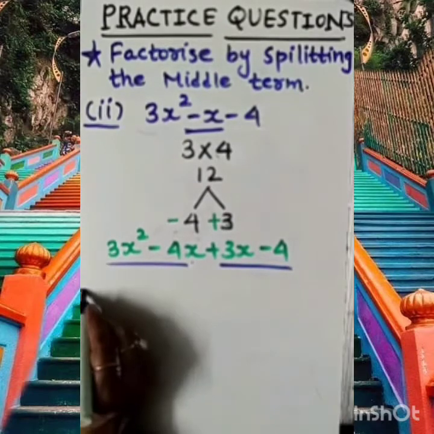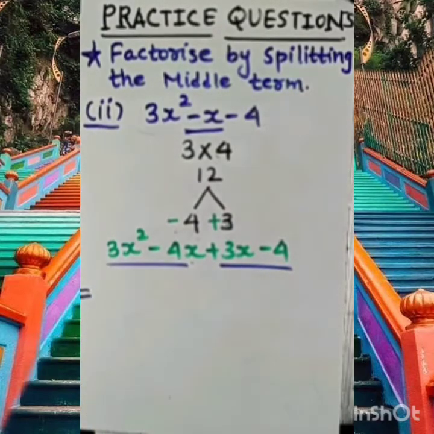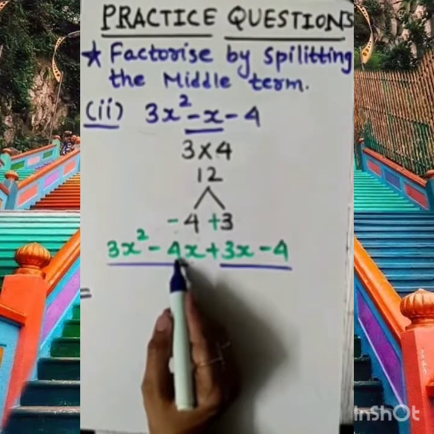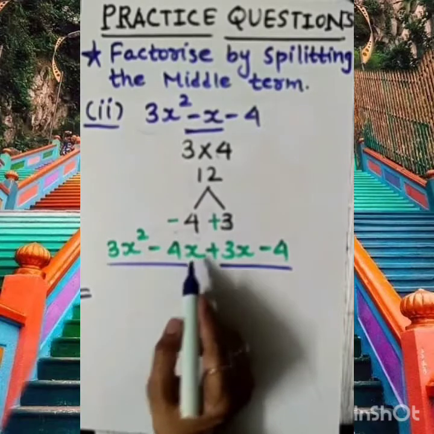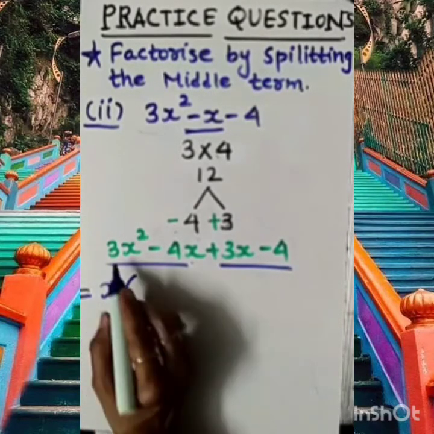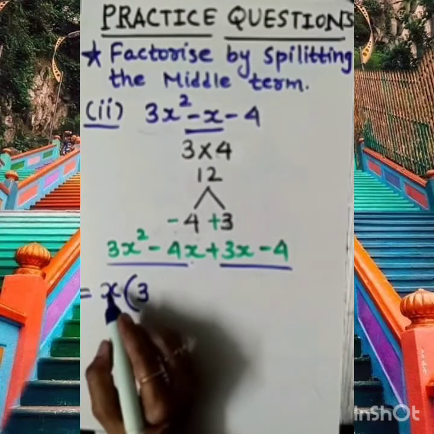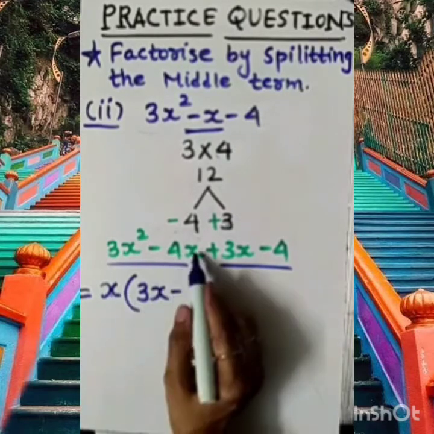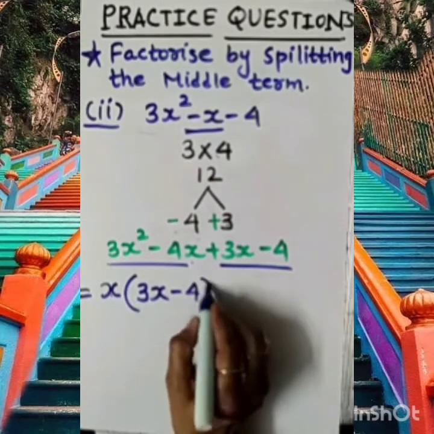Okay. Now from the first pair we can take out something common. You can see on your screen, from 3 and 4 nothing is common. From x square and x, one time x is common. So what will be left inside? 3 is already there. X one time common, so 1x will be left. And here x is already outside, so this is 4.